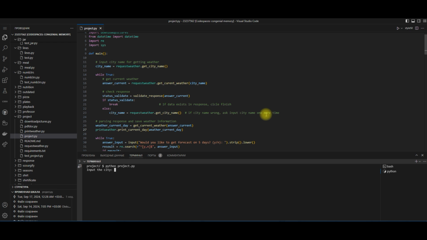If the user inputs not a name, the program will ask to repeat with a correct name. If we input some other data, it's the same. Then